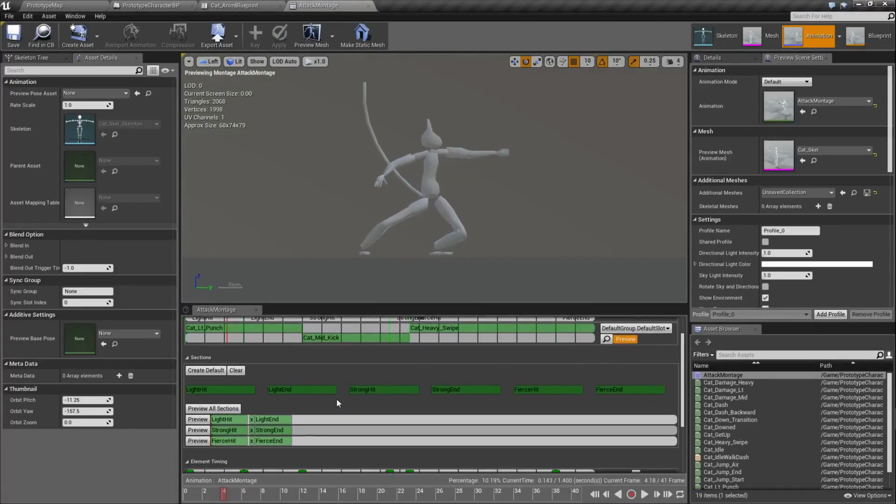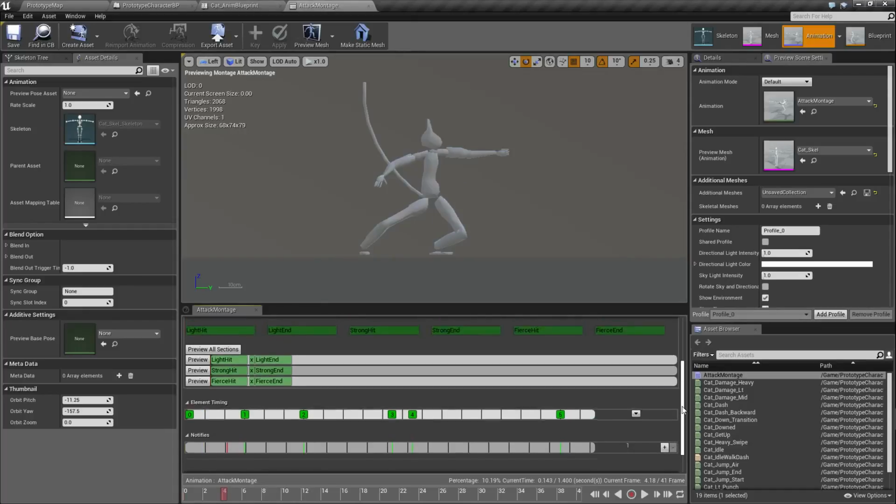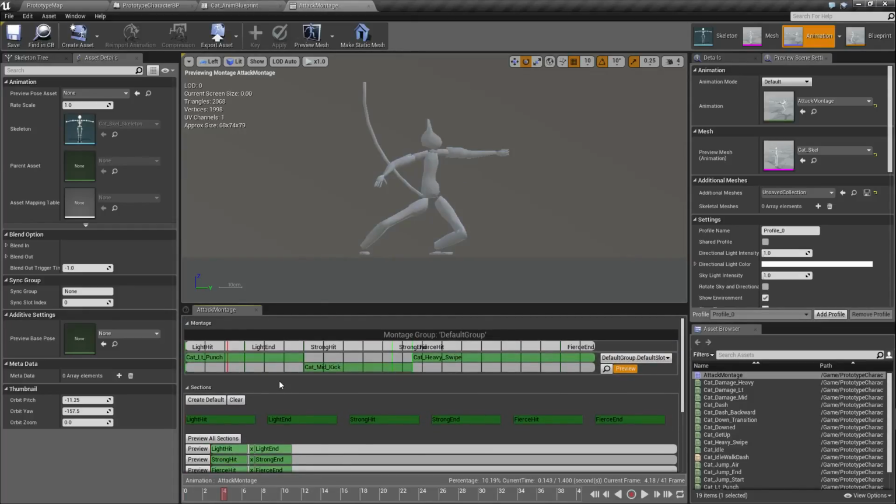And I love this tool because it allows you to kind of freestyle control how animations string together, which is what I think is perfect for combos and stuff. So you know, I have the light hit, the heavy, and then it goes into the fierce. And so